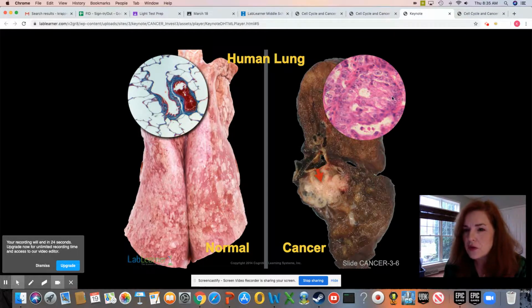Everything kind of looks the same, not really differentiated. And you have a lot less space for the alveoli, okay? It's going to be much harder to breathe. We have this very thin area here, single layer for that oxygen and carbon dioxide to pass through. And here we don't really